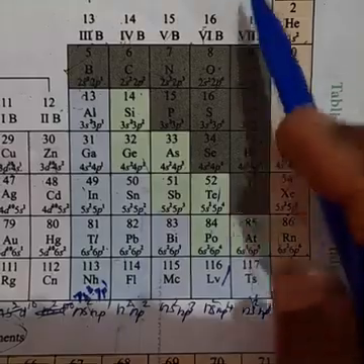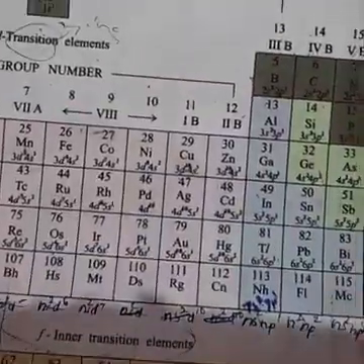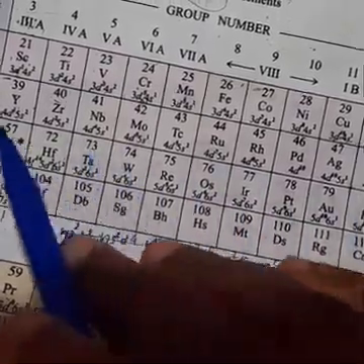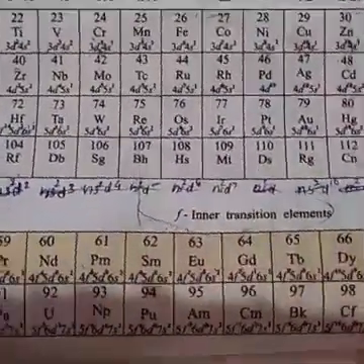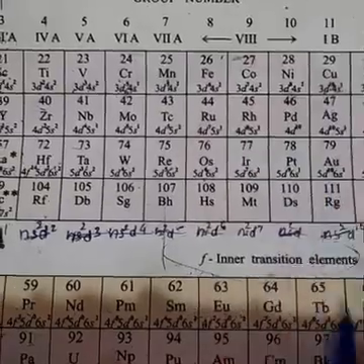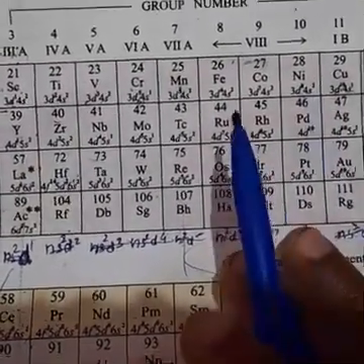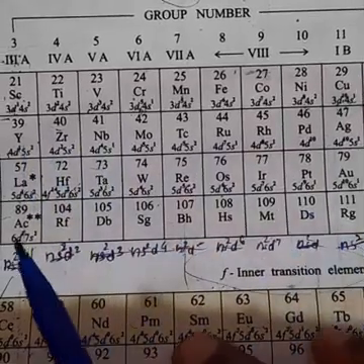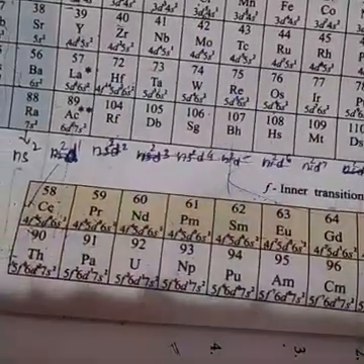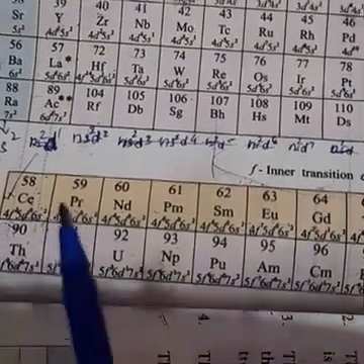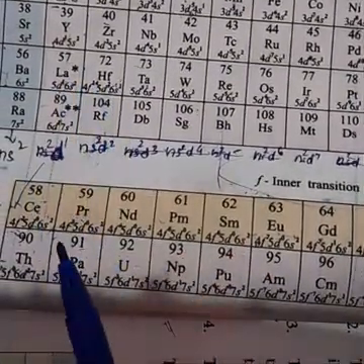And D block elements, group 3 to group 12, are called the transition elements, and this is the inner transition elements. Why do we call them the inner transition elements? Because they occupy a position in between the transition elements. Otherwise we call them the F block elements, because the outer electrons enter into the F blocks. Okay, F blocks. Listen here: cerium